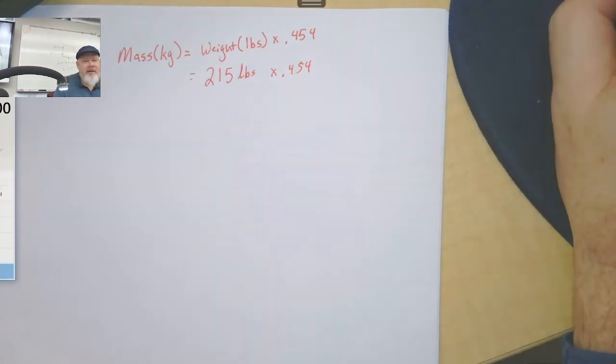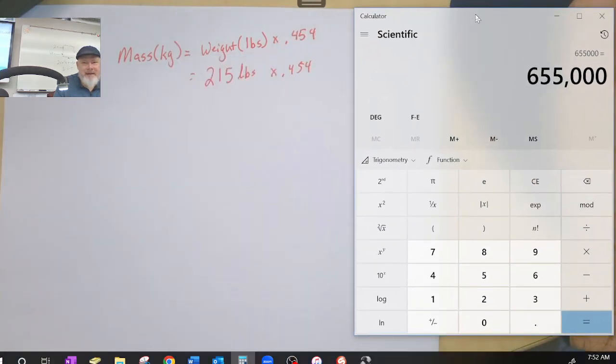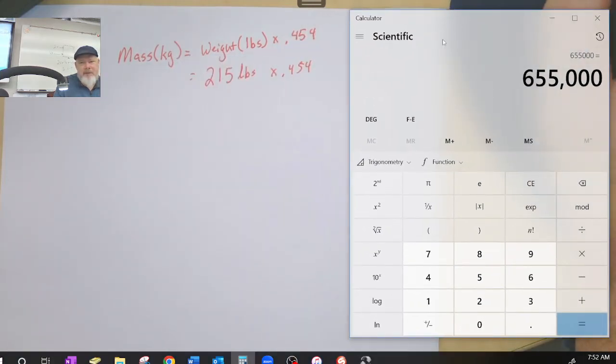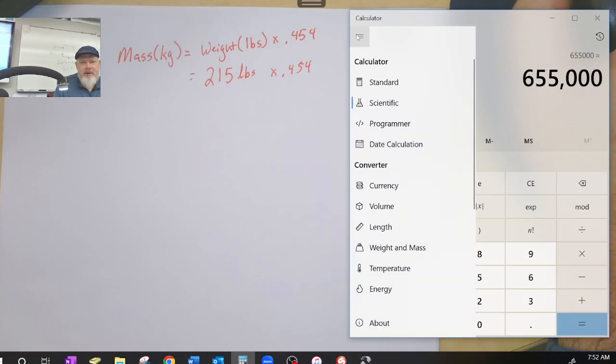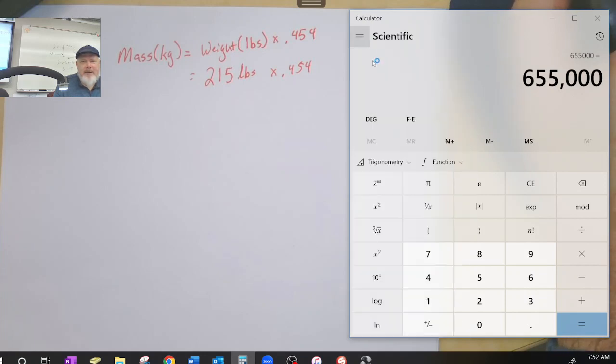You may use a calculator. I suggest for the purposes of today, don't use your phone because the phone's a little confusing. This video is going to show you how to use this calculator, and there's going to be some more complicated calculations. So let's just use the calculator that comes with Windows. If you don't have calculator here in your menu bar, you can go over to the search bar, type in calc, and it'll bring up the calculator. Make sure it's the scientific calculator. I believe you can go right here and say standard and scientific, because we will be using exponents a little bit later on. All right, I'm going to clear everything out here,